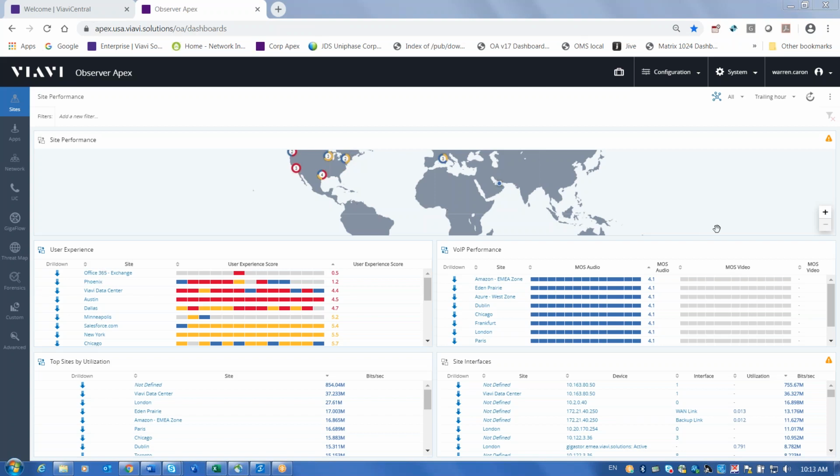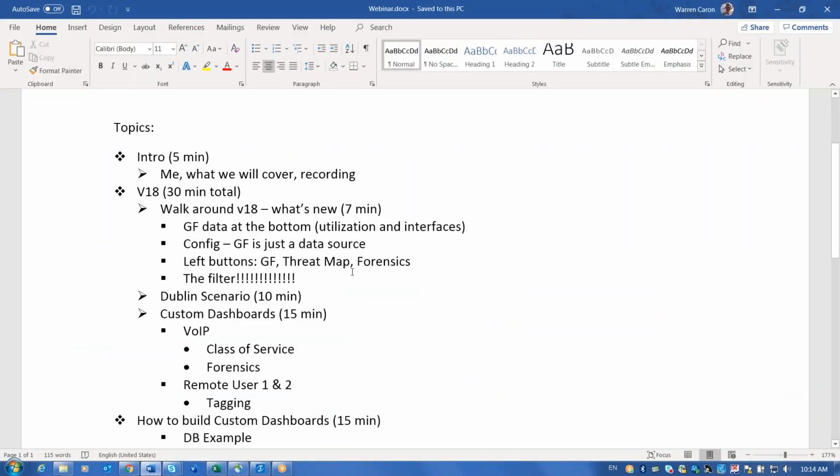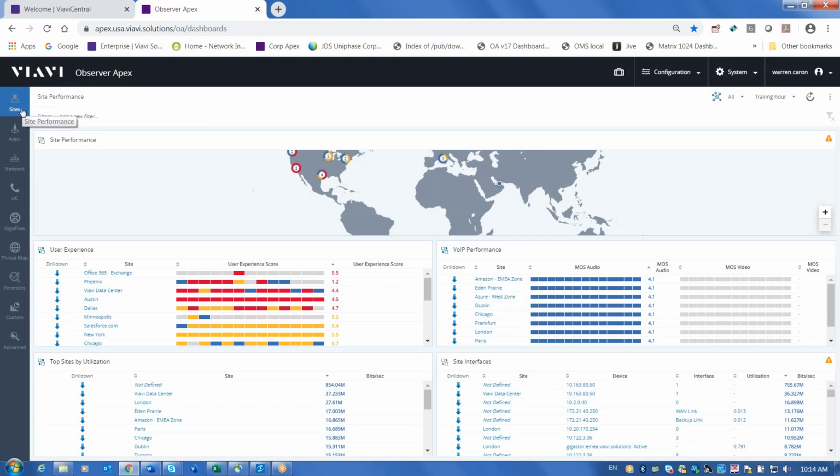Okay, so there is my 5-minute overview of it. Now, I always like to check stuff. Okay, so we've gone through a couple of things. Over here on the left, you're going to notice a couple: your sites, applications, network, UC, Gigaflow, threat map, forensics, etc. So, as before, you click on this, and it'll immediately take you into the in-depth Gigaflow analysis. If you click on threat map,